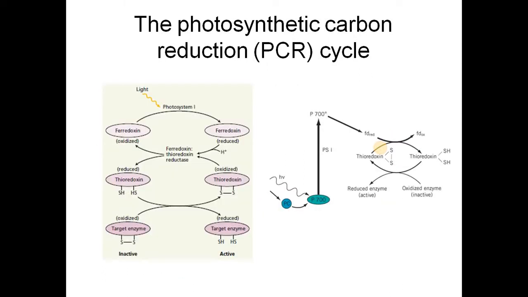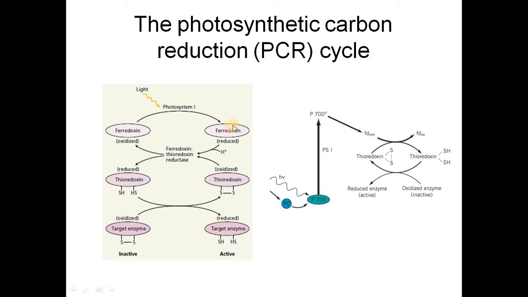And to make things even more complicated, there are other enzymes which need to be activated before Rubisco can go from its inactive stage into its active stage. So I have to explain this complicated story. Here is the target enzyme, Rubisco. Let's start from the beginning. We need all these conditions, with the pH and the magnesium, and you see we have light here, and then at the end of the electron transport chain, remember there is the ferredoxin,